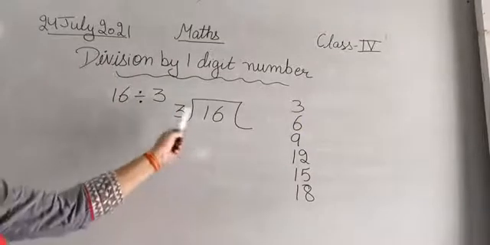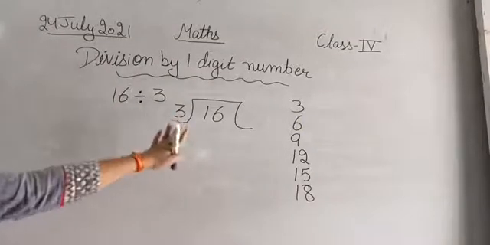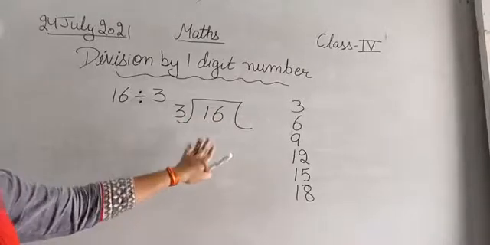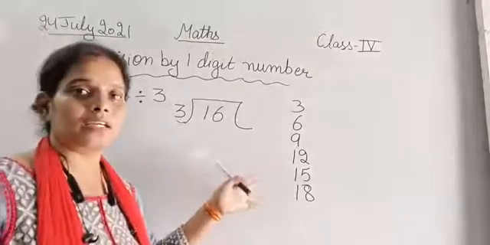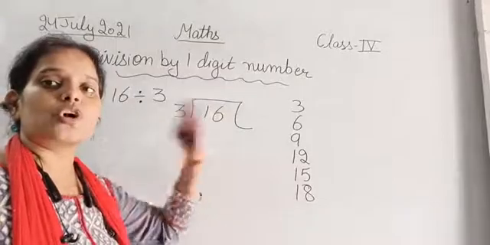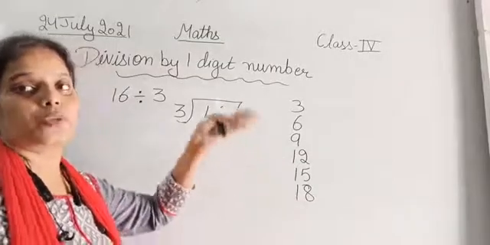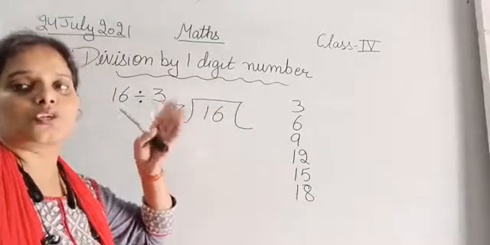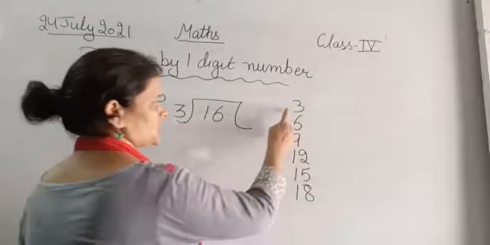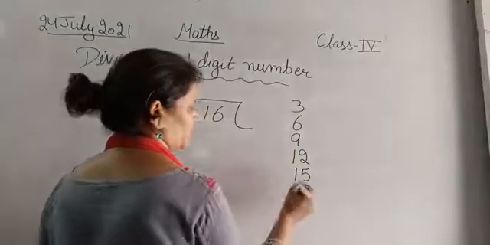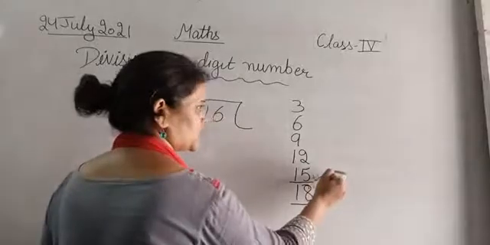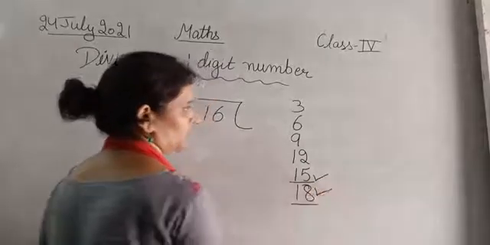देखिए हमें 16 को 3 से डिवाइड करना है. That means we have to read the table of 3 up to 16 or less than 16. तो टेबल 3 का टेबल हमें वहाँ तक रीड करना है जहाँ पे 16 आए या 16 से छोटा है. The number should not be bigger than 16. Either it should be less than 16 or it should be 16 only. In the table of 3, we have 15 and next we have 18. 15 is less than 16 and 18 is greater than 16.